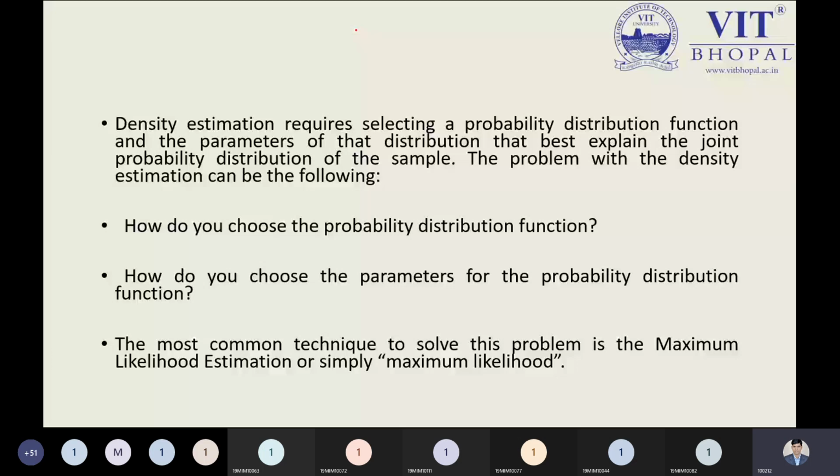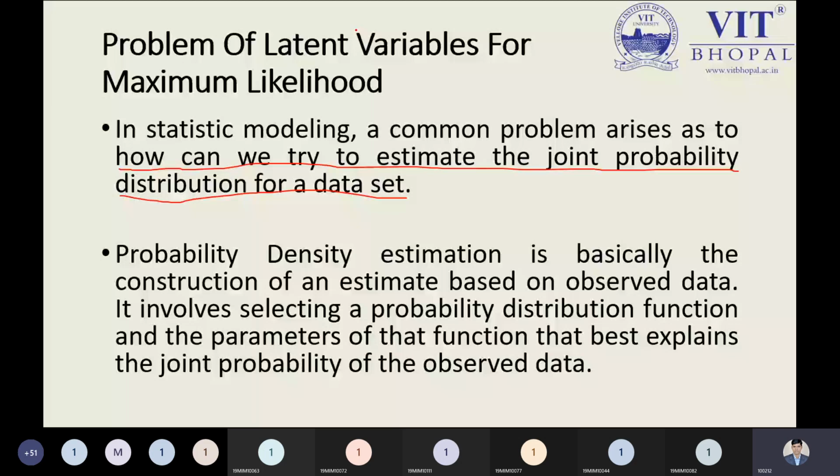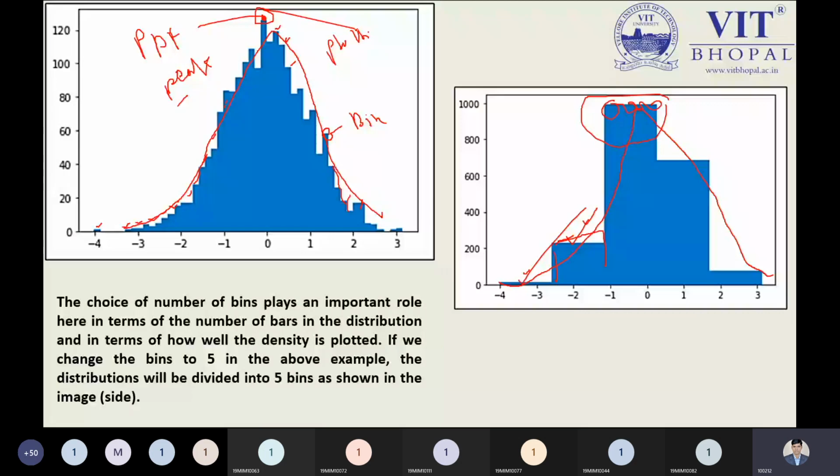Now I am going back once again and summarizing. What is the problem with the latent variable? We have multiple latent variables. What we observe is that if you have a single latent variable, and by using that parameter you use the probability density distribution properly, then we can observe one peak, and from this peak point we can determine what our expected result would be.